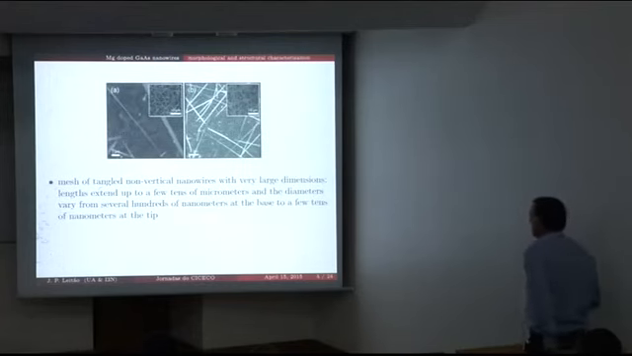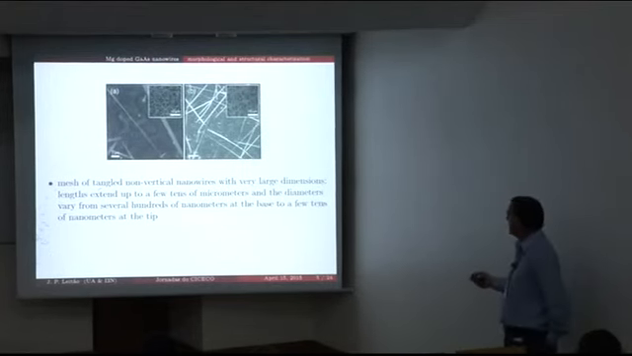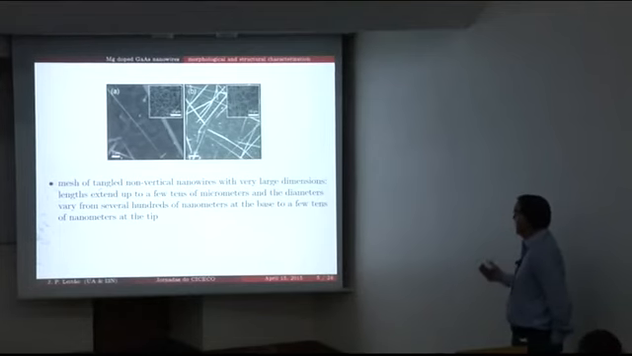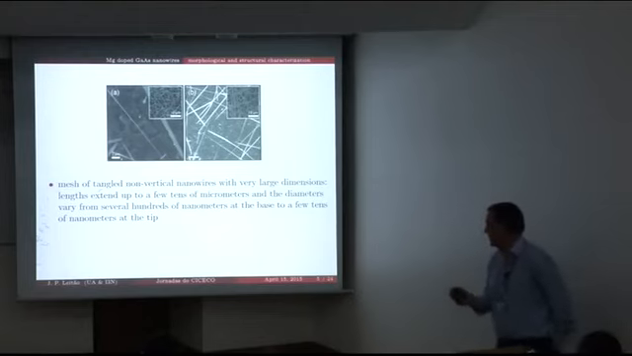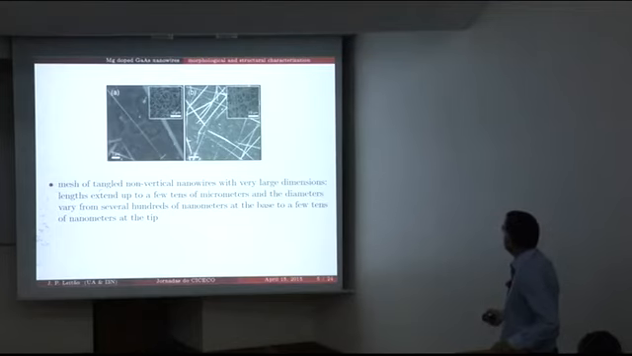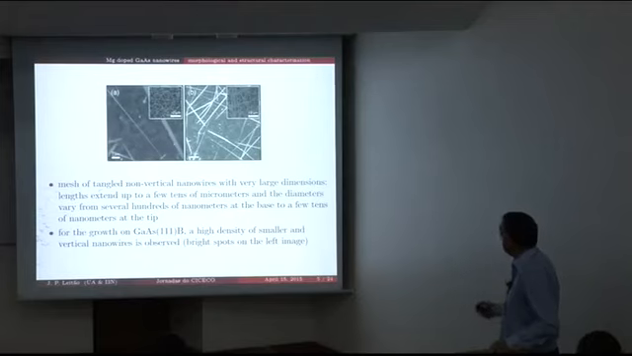Here we have an image in which you can see that we have a mesh obtained with non-vertical nanowires. The dimensions are very large. We can have lengths that extend to a few tens of micrometers, and the diameters can vary from several hundreds of nanometers at the base of the nanowires, as you can see here, for example, up to a few tens of nanometers at the end of the nanowire. We can see that for the growth on gallium